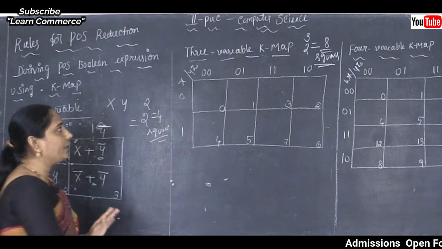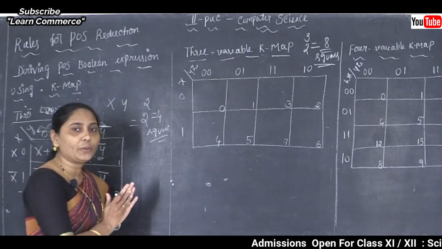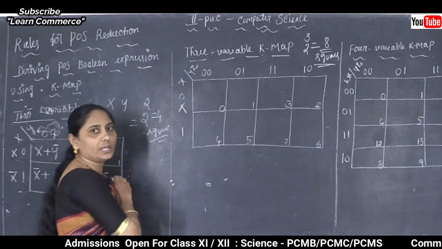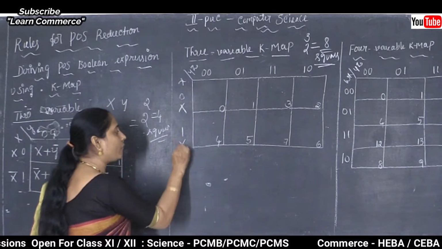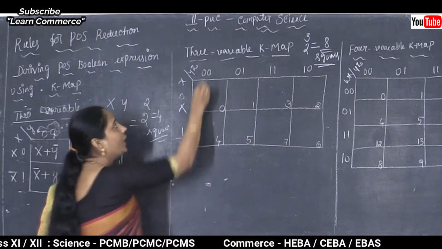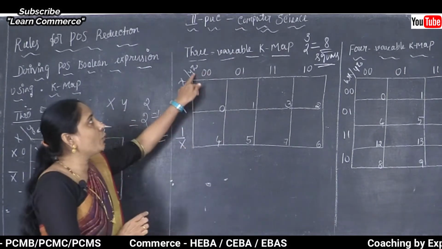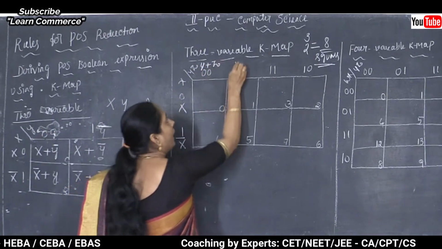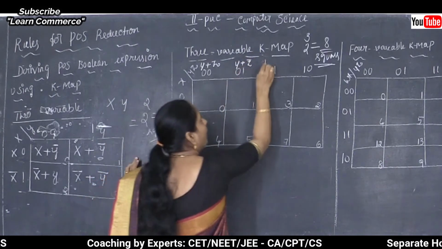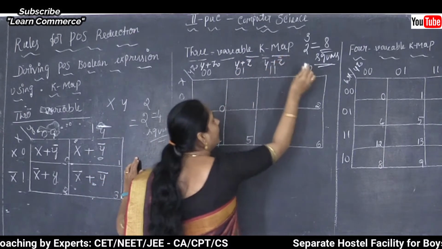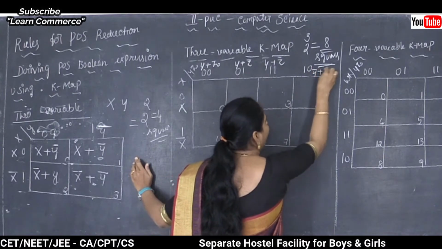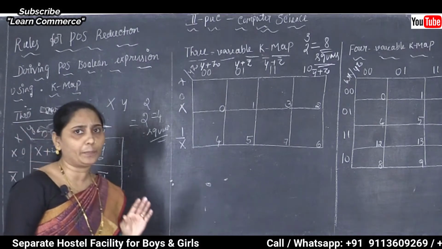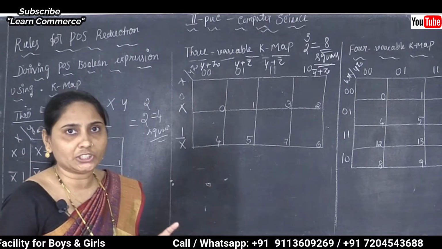Okay. And we know that in POS we have to take the complementation, so what about no complementation? For 0, I am not going to use the complementation. For variable 1, sure, I am using the complementation. Now I am going to complete the YZ set. So in the YZ set I am using Y plus Z, and Y plus complement Z, then Y complement plus Z complement, and next Y complement plus Z. So this is about wherever the value of the variable is 1, then complementation is added.